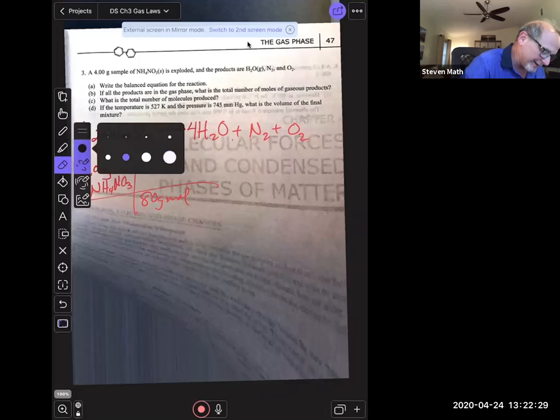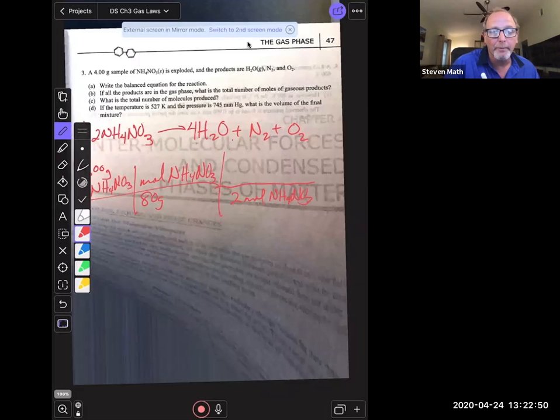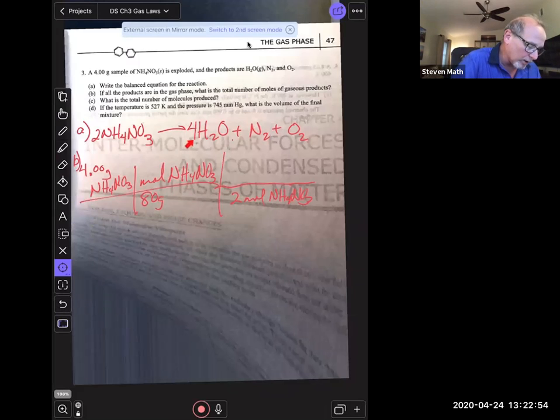Sorry. 80 grams per mole of NH4NO3. And then use your coefficients. 2 moles NH4NO3. And my coefficients, all the products are gaseous, which means I need to add together 4, 5,